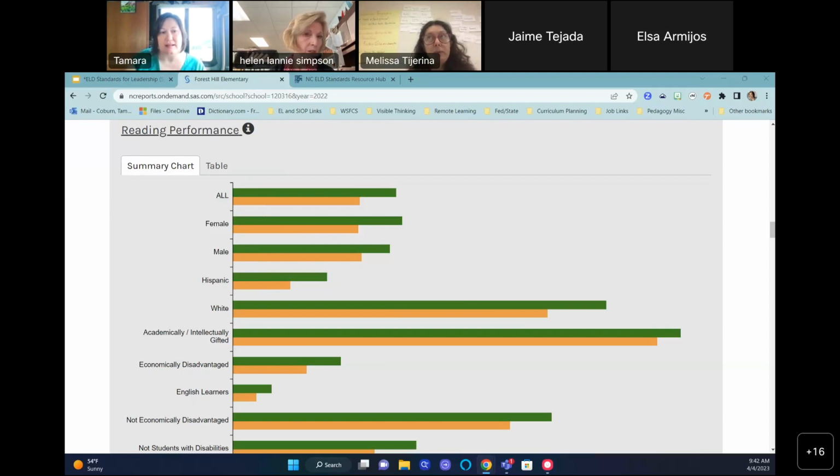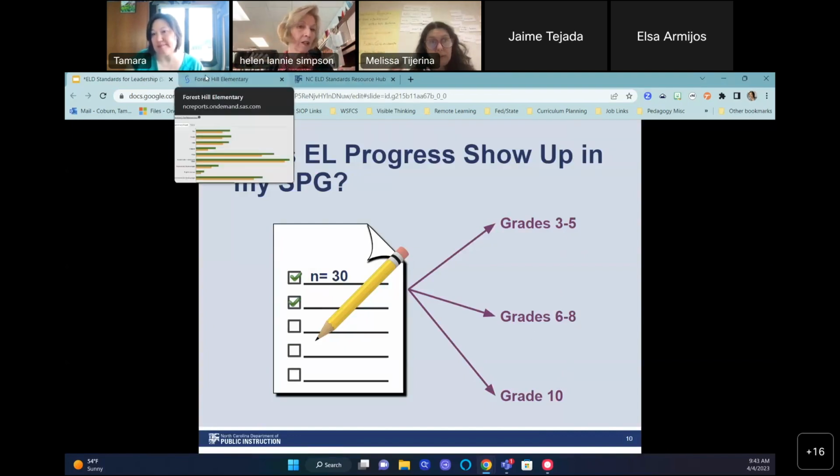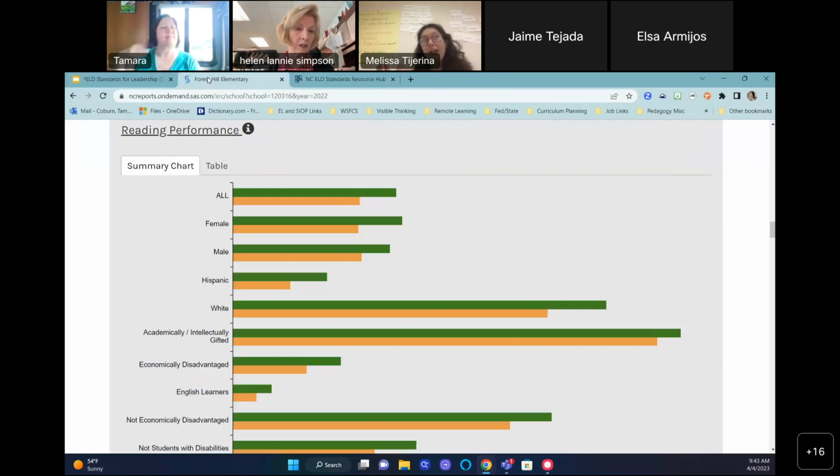So that 21% at the state, I'm just going to rephrase to make sure I got it. And I'm sorry that it takes me a minute. No, take your time. The purple score of 21% for the state represents students 3 through 10 who have 2 EL scores. Not including 9th grade. Okay, not including 9th grade, but it's basically a composite score of all grade levels that I'm comparing to my band of 6-8.